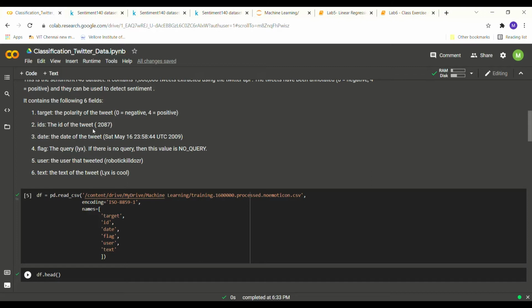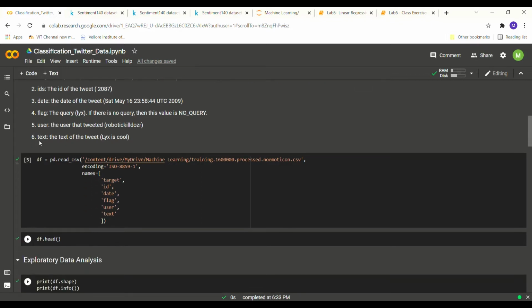The ID is the ID of the tweet, and the date gives the date that the tweet was created. The fourth one is the flag, and the fifth is the username, that is the user that created the tweet, and finally we have the text of the tweet.